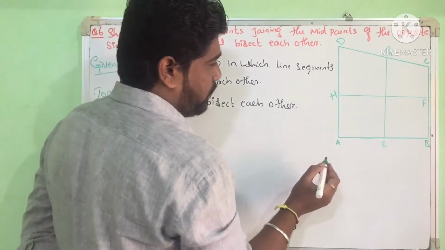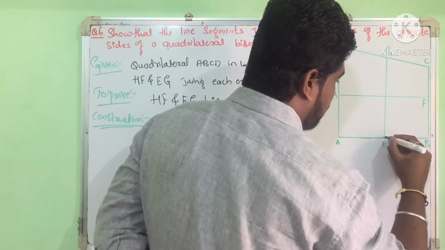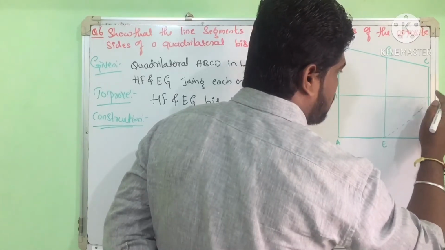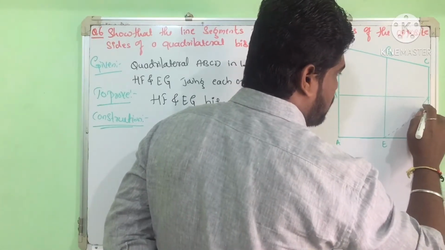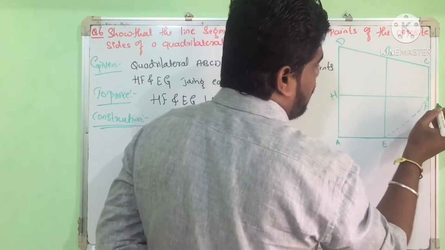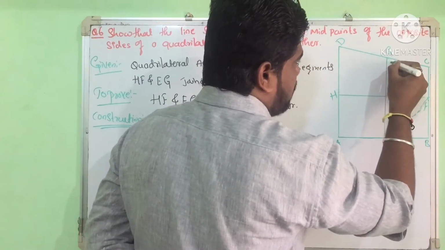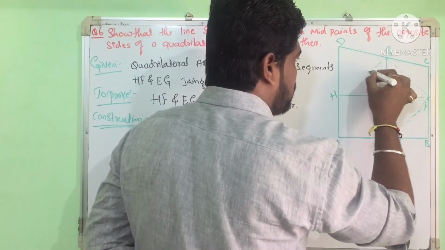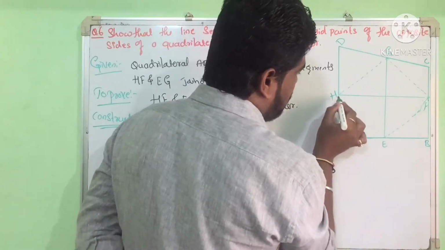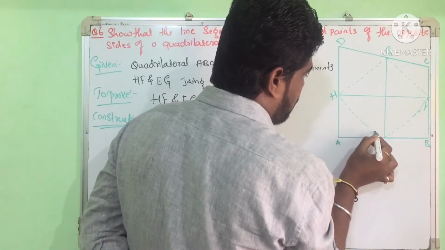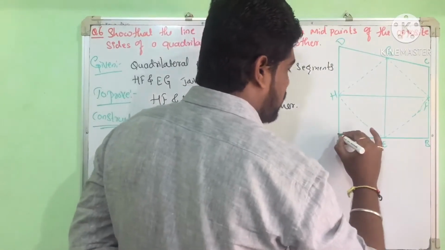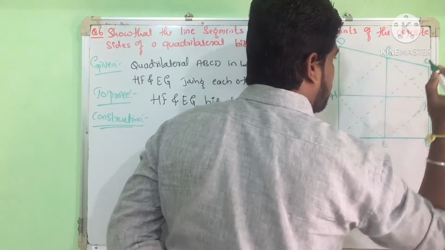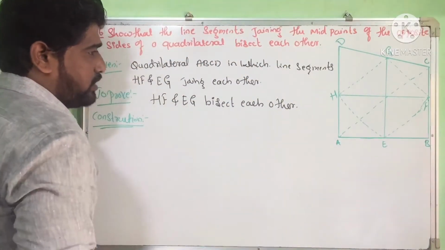So what is a construction? It means join EF. So join here EF. So here is the F, and join FG, and join GH, and join HE, and also join AC, right? So here construction: